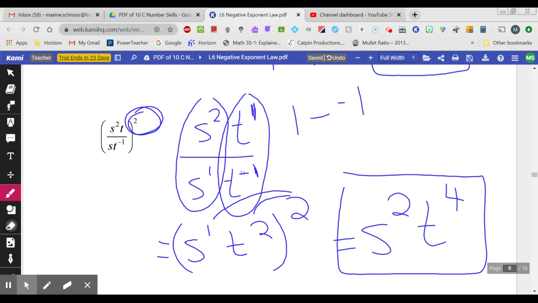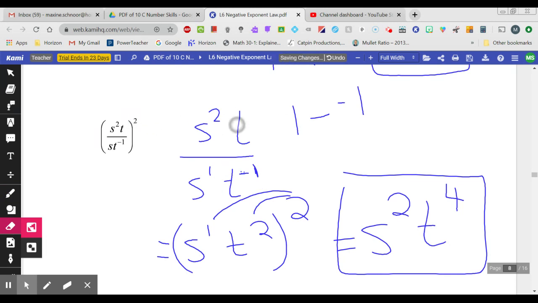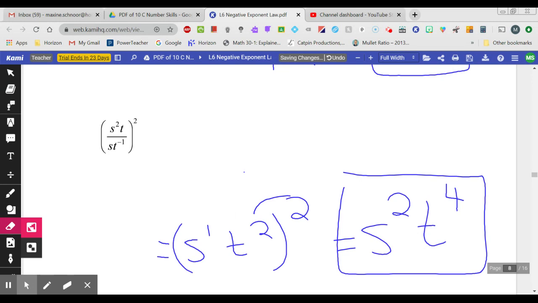So let me show you another way that you could have done it. So just give me a second here to erase everything. This takes me a second, I apologize. This program does not have the best eraser on it. So another option